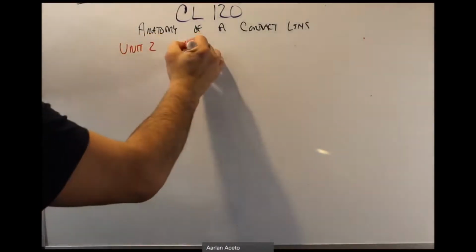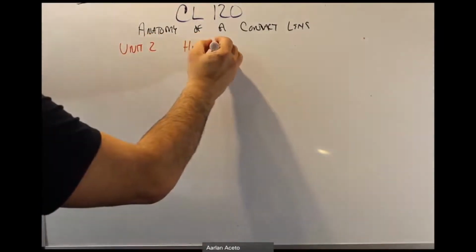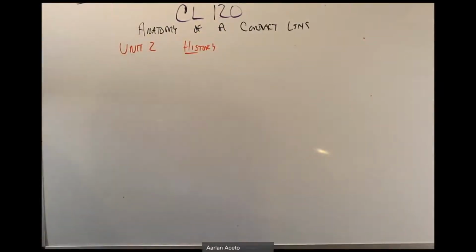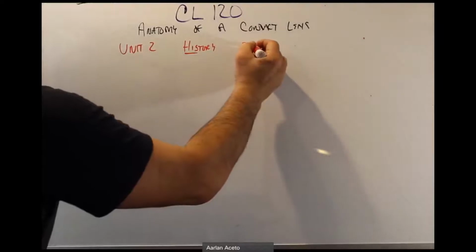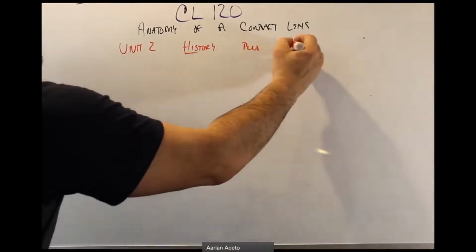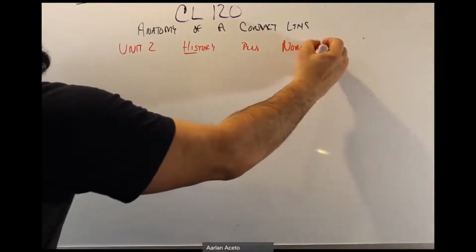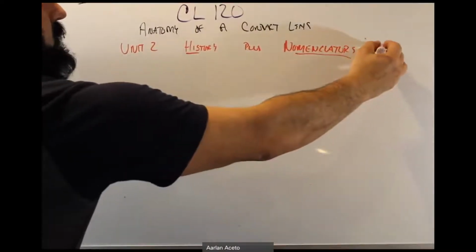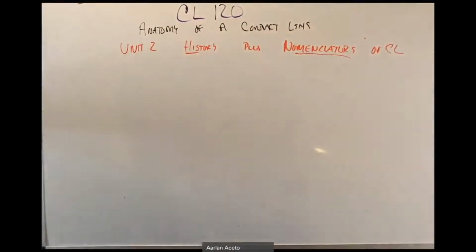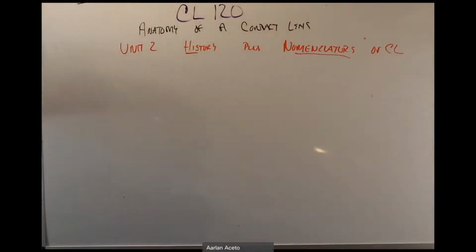And this was both our history of contact lenses, which we went through both in the reading and in the videos that we put up. I think the history is very important, but there's also the anatomy, or the nomenclature, of a contact lens. And what is that? That's just, how do we talk about it? What are the parts of it? How do we put it together? And we'll get into more detail on how we change it to make it fit well,